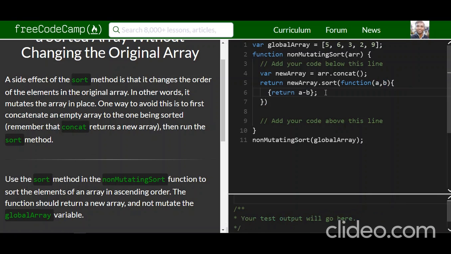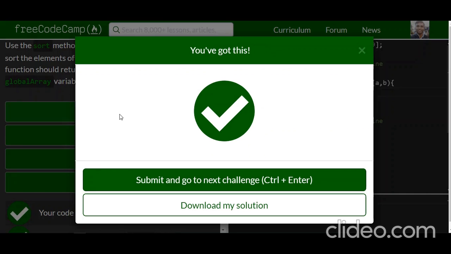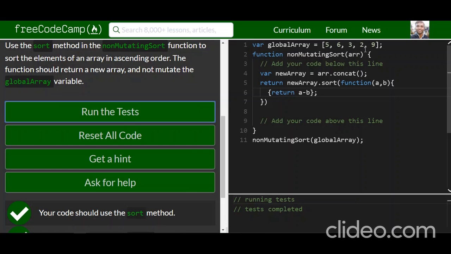Alright, that should do the trick for us. Let's see if this passes the test. And yes, it does. You've got this, guys. I'm really proud of you. Keep up the good work. Alright, so let's